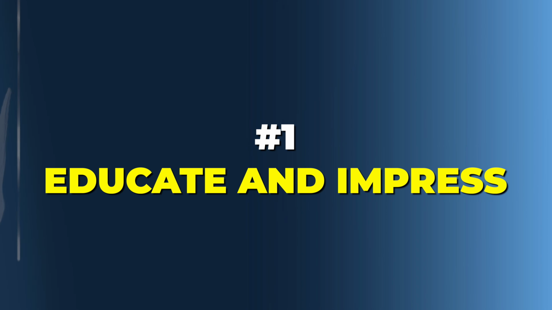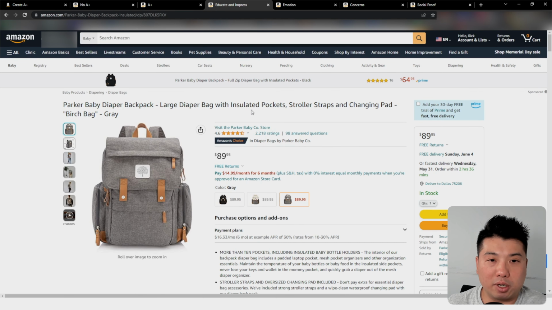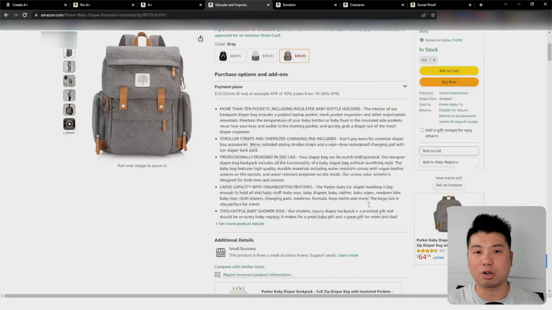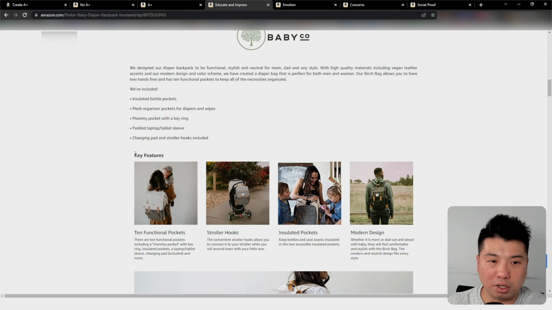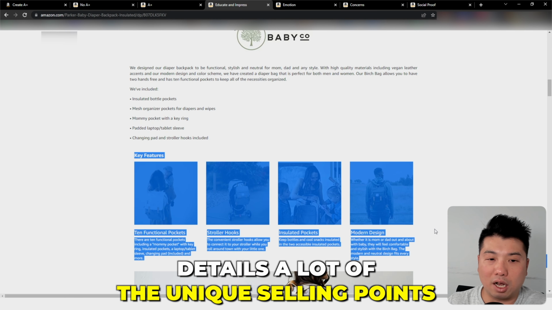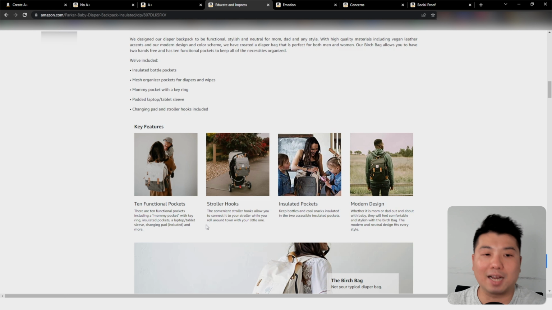Educate and impress. I really like this particular listing right here with this baby diaper bag. Although I don't think the visuals are the best for this EBC content. I mean, A+ content. EBC is what it used to be called. But I really like the key features here that detail a lot of the unique selling points and how you could actually use it. As a recent parent myself, I'm looking at this, yeah,